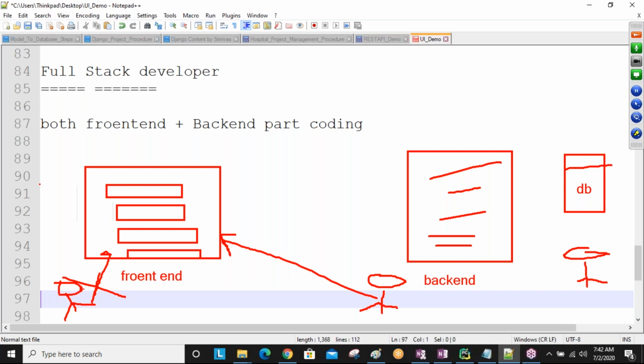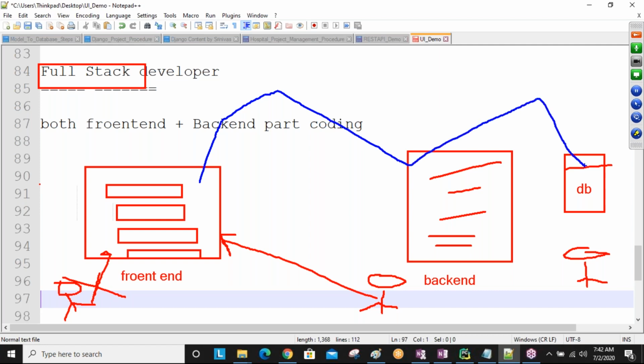That's why, if you are a full stack developer, a single person can develop the front-end code, the same person can develop the back-end code, and the same person can develop the database code also. So a full stack developer can develop front end, back end, database, all things.